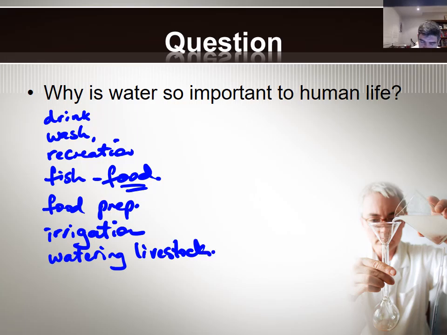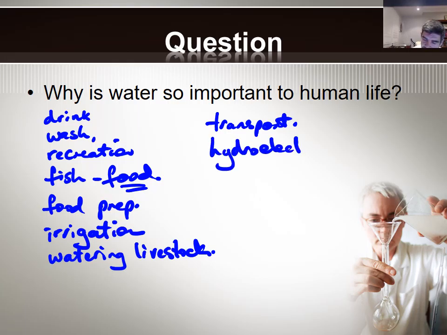Animals that we may be keeping for food or for their ability to work on farms, or just in our own homes. It can also be used as a method of transport. So water can be used to move you around from one place to another, and even things like generation of electricity through something like hydroelectricity. This is just a small list, and I'm sure you can come up with a few other things that you can possibly add to this question of why water is so important, and that's why we